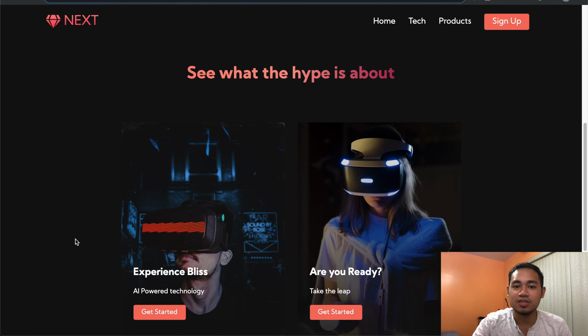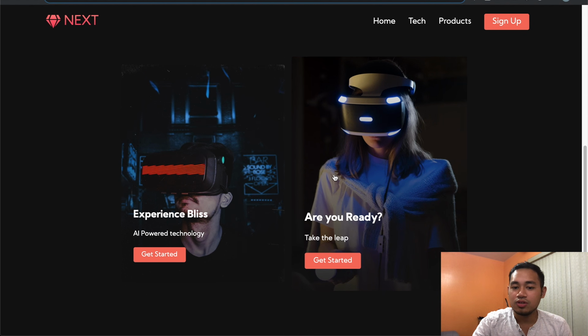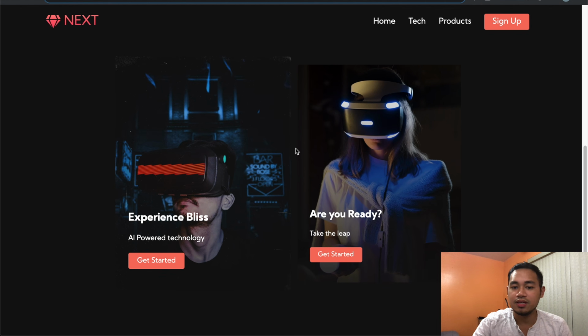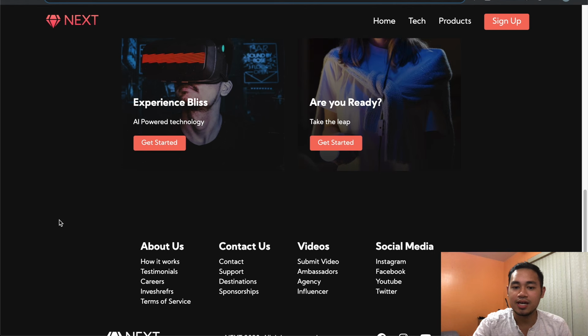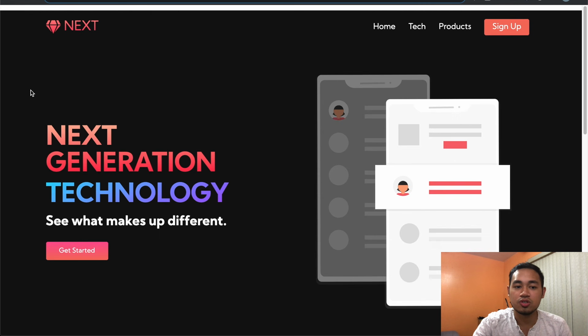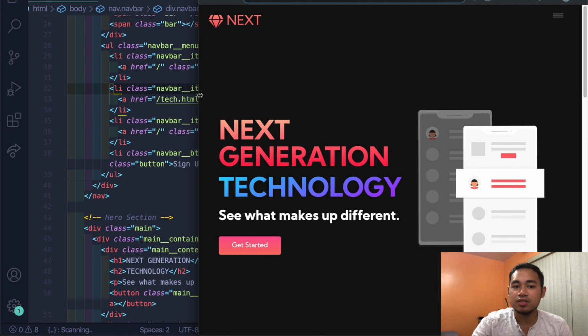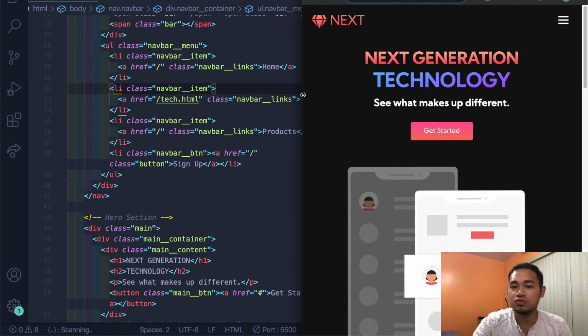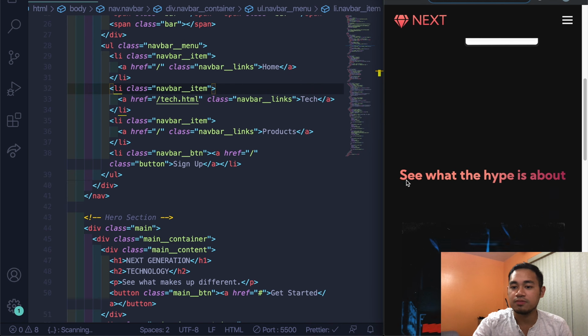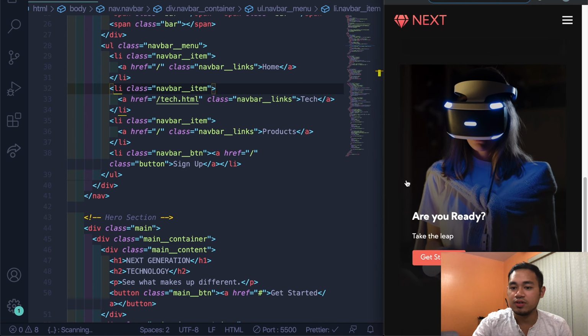Then we've got a little service card looking thing right there with some images, and when I hover over it you can see that they increase in size. The last part we have is a footer. And if I were to shrink all of this, let me go up to the top and shrink this, and you can see it goes into responsive, tablet, and then also mobile. Then I can scroll down, and you can see we have all of our stuff here as well,